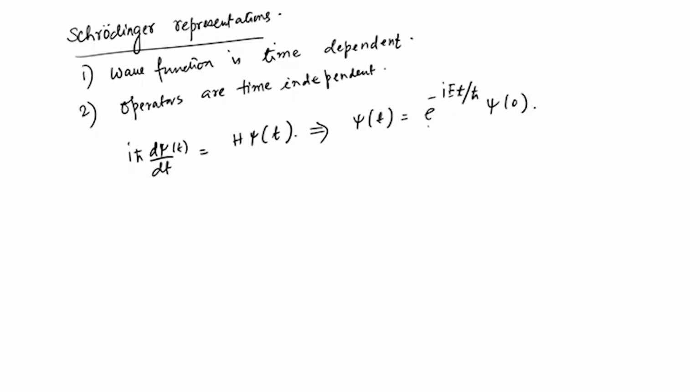And so this is that factor that we have talked about, the time evolution operator. Now, if you write it as an operator, then you have to write it as exponential minus i H t over h cross, but since we are talking about, E is the eigenvalue of H. So that is how this E appears, and these are called stationary states because mod psi square is independent of time. And in the other representation, that is the Heisenberg representation,